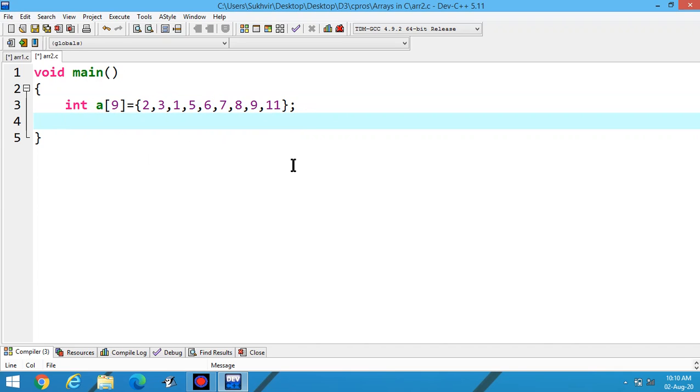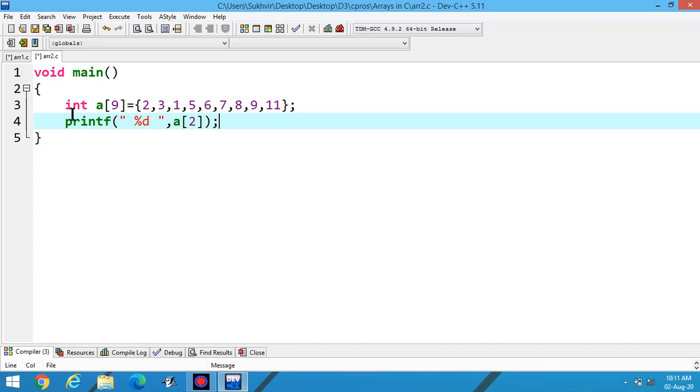Then for accessing the elements, suppose I write printf, then %d for integer value. Suppose I write a2.